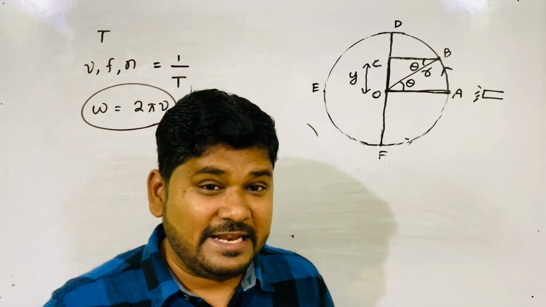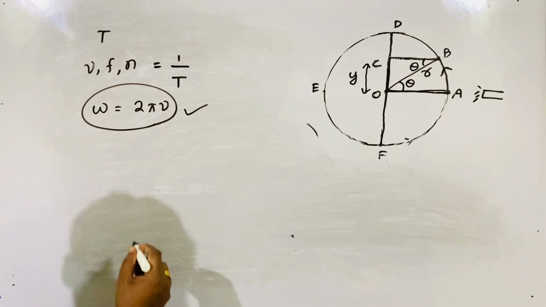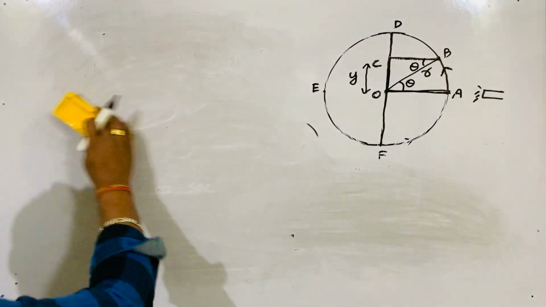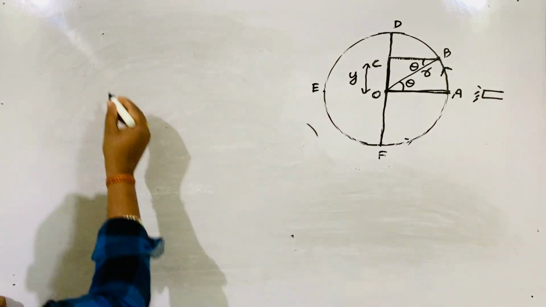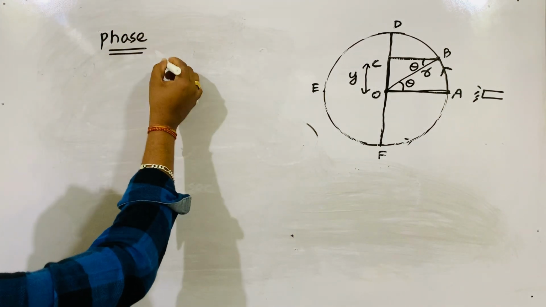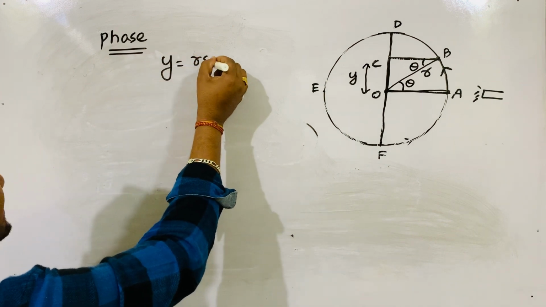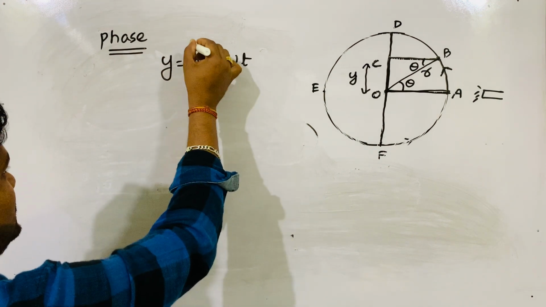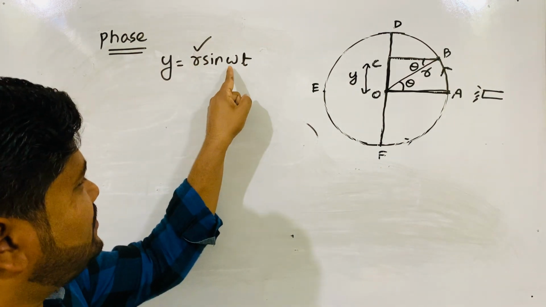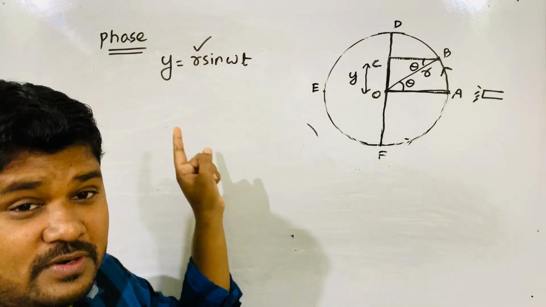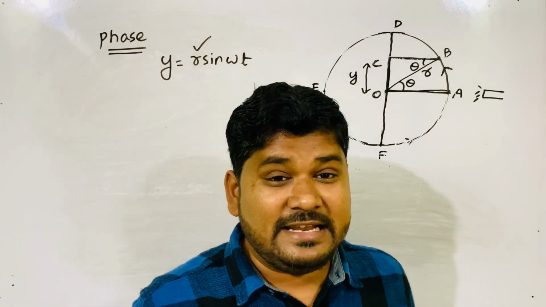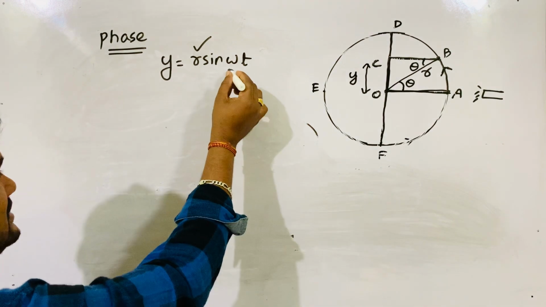And at last, the very important term I am coming to now, which is most important. Remember it clearly. Phase. What is this phase? I told you the expression R sine omega t. You understood all the quantities here. Y is displacement, R is amplitude, omega is angular frequency, or you can say angular velocity, t is time. But what is phase? This term is called phase.